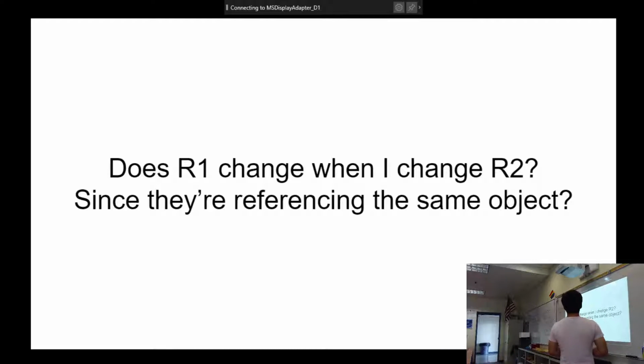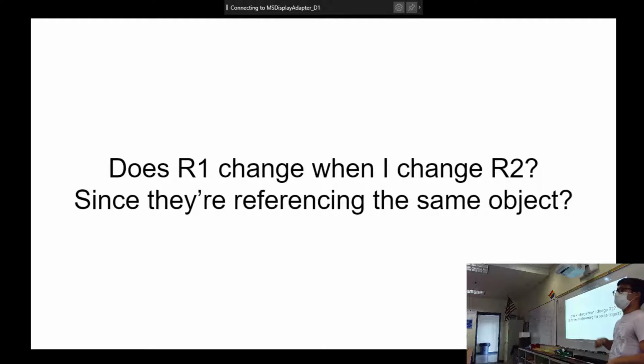Sure, so it is. R2 is looking at R1. So why would R1 change when R2 changes? So what if R1 changes? Does R2 change? That's what I'm not sure about. Doesn't it depend on when the change comes? I don't think it would change unless you reassigned R1 to R2 again. I think if you changed R2, then R2 changes, but then R1 is like the old R2. Until you reassign it, you're saying.